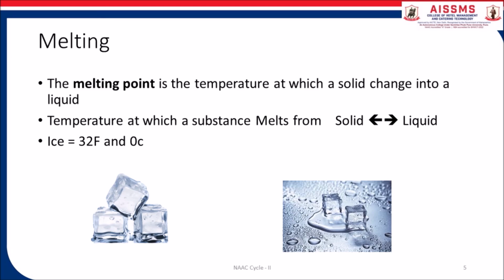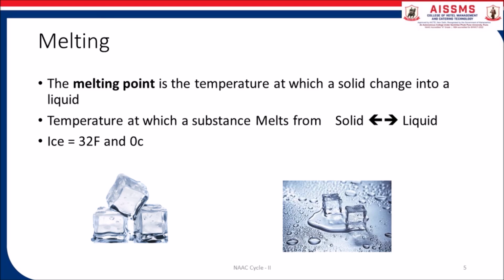After gaining sufficient energy, the molecules of ice escape out of the ice cube and into the container, and in doing so undergo a change in state from solid to liquid. As we keep heating, the ice cubes gradually become smaller and turn into water. This change of state is referred to as melting, and it is a change of state from solid to liquid. The temperature at which melting takes place is called the melting point.